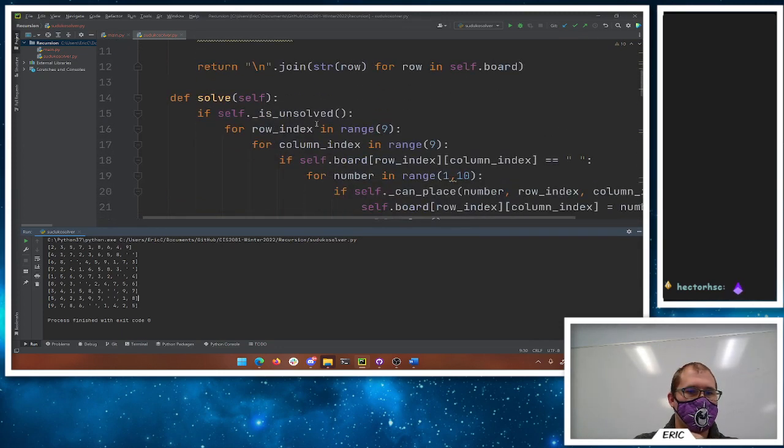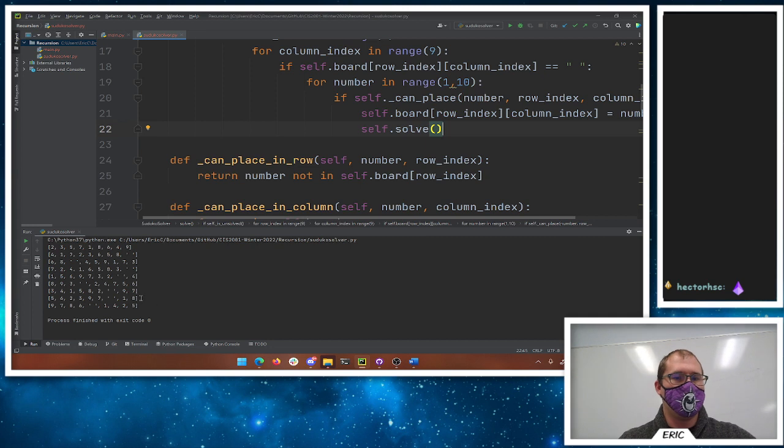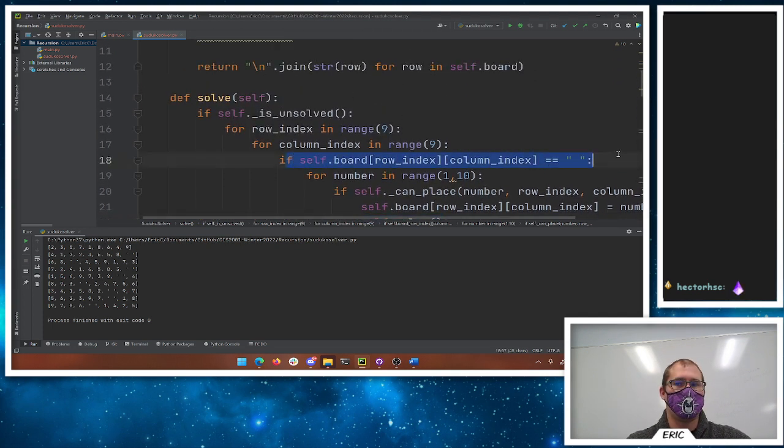What are we doing here? If it's blank, we'll try and solve it. For numbers in range, if we can place. So we did not do a very good job of undoing, right? If we called solve and we couldn't place, we never really undid that next step,